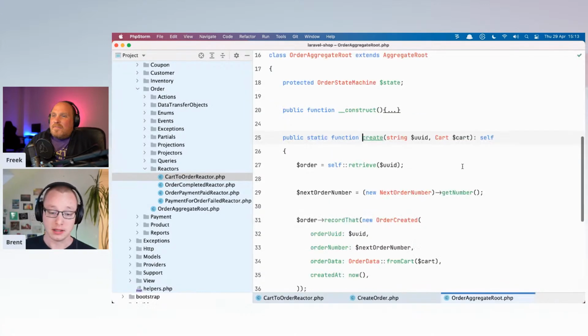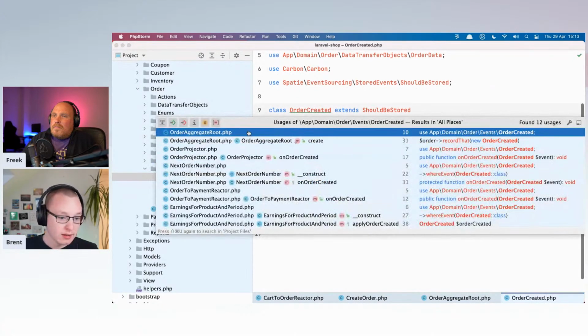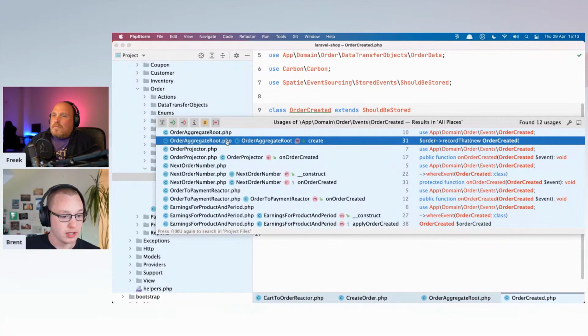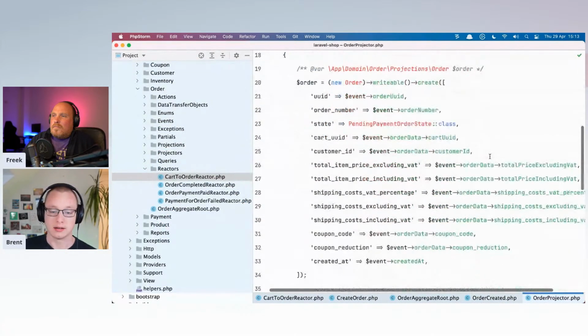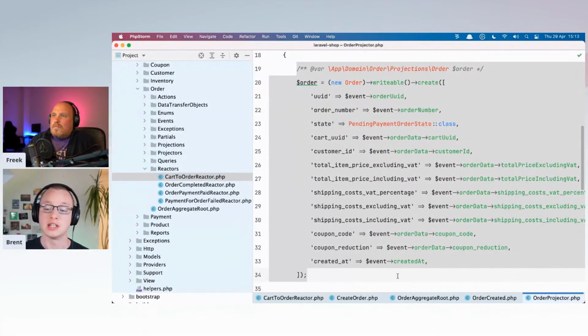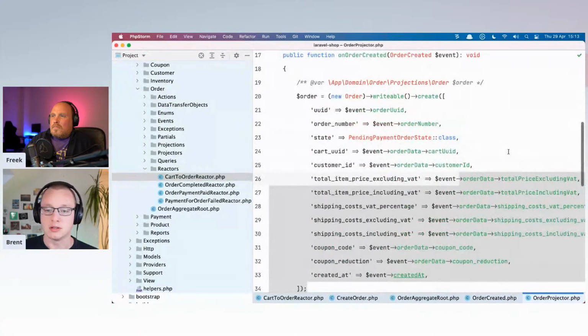So let me take a look at the order created event, right? And let's look at the projector here. So on order created, quite a lot of stuff happens, of course, because some data is copied from the card to the order. And I don't really mind copying over data, because these are projections. You can throw them away, and it's useful to just have the data in one place instead of having to rely on many relations, which could cause performance issues.